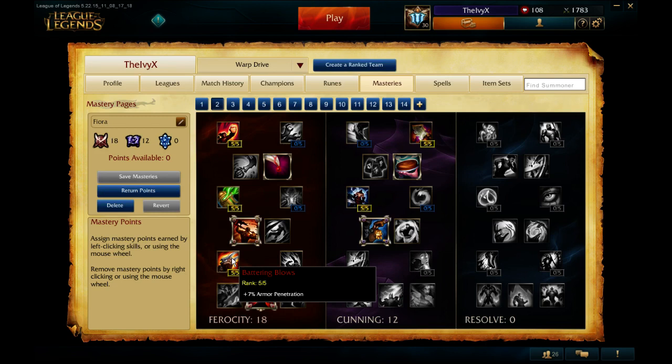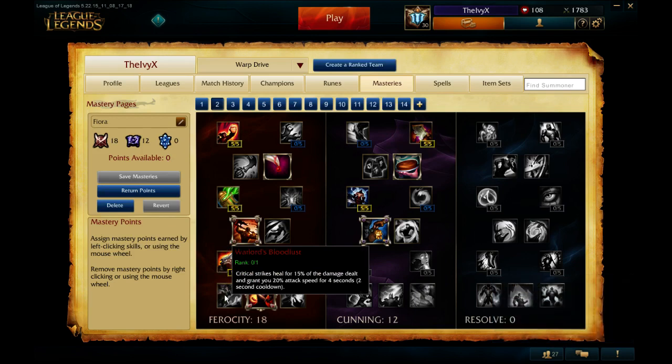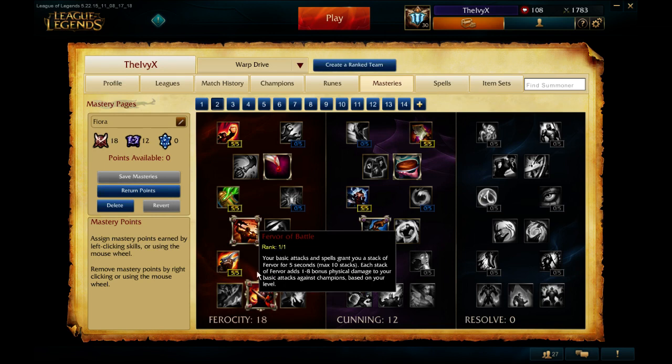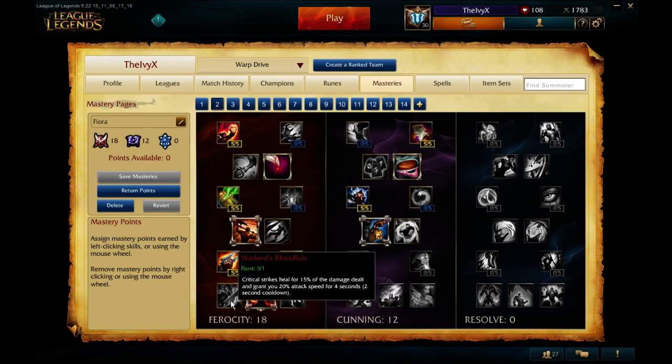Next tree, Battering Blows. Obviously, you don't need magic penetration. And for the final mastery, I pick Fervor of Battle. Your basic attacks and spells get you a stack of Fervor. So it basically gives you more damage whenever you auto attack someone, and you'll be auto attacking a lot with Fiora, which is what you really want. Critical strikes, your E does critical strike, gives you attack speed, but